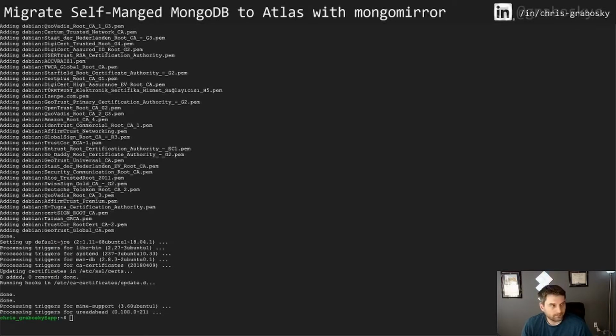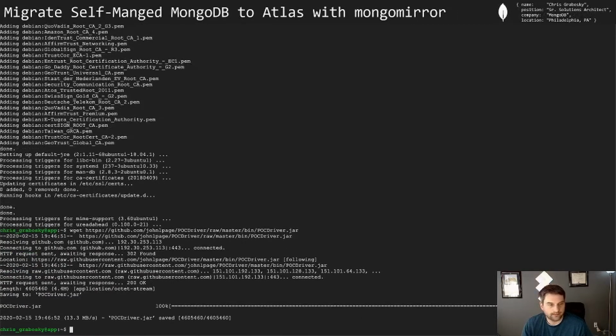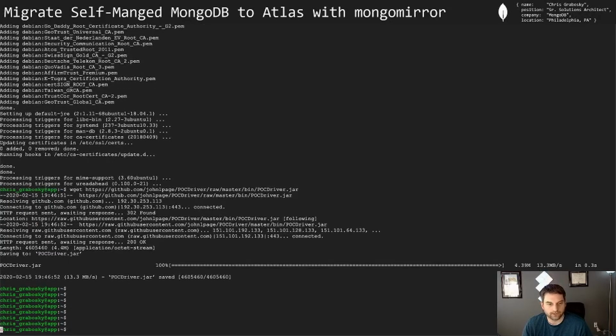You could use any sample application, but because this is pre-built and we've got experience with it, this is what we'll use. So it's already pre-built. We can just do wget to download the jar file, and now it's up and running. To run this, we are going to run java -jar, the name of the file, in this case POC driver,